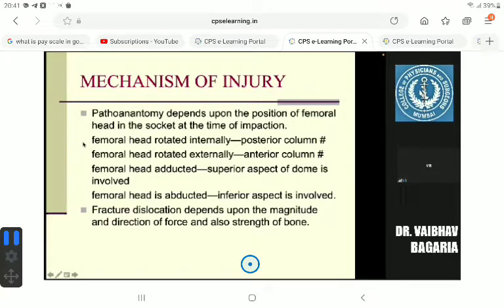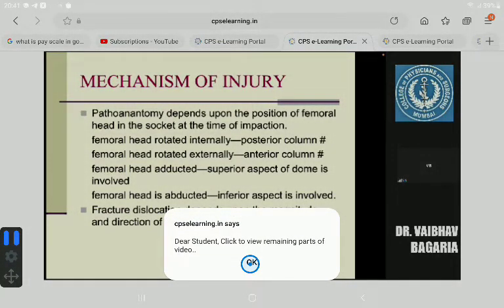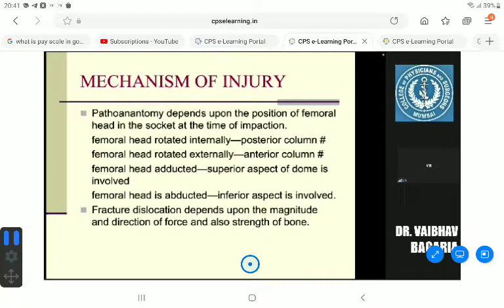Now it's also important to know about the mechanism of the injury, and the injury pattern depends, like most fracture patterns, on the position of the femoral head in the socket at the time of impaction. If the femoral head is rotated internally, then it is of course going to impact